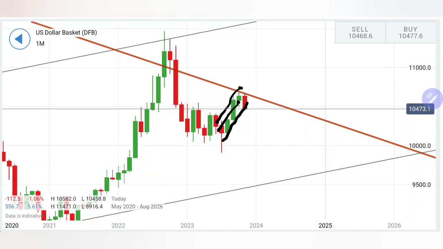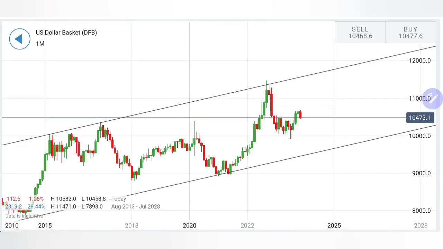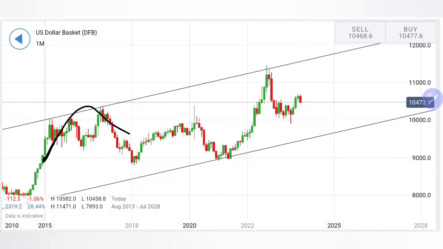I will definitely observe how it behaves at 104, because that is going to be a good support level. Else, for a couple of months, a little retracement, and then from around 103, 102 levels, a bounce back cannot be denied. Also, if you look at the near term chart, see